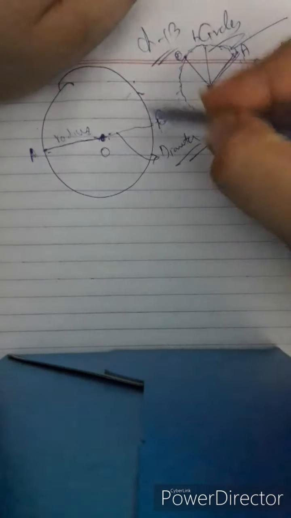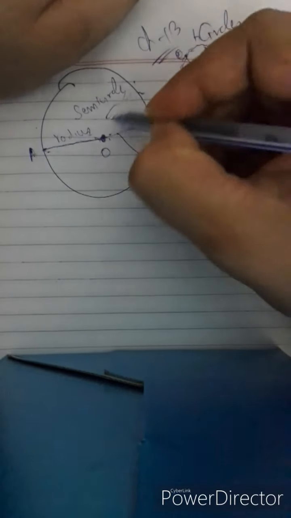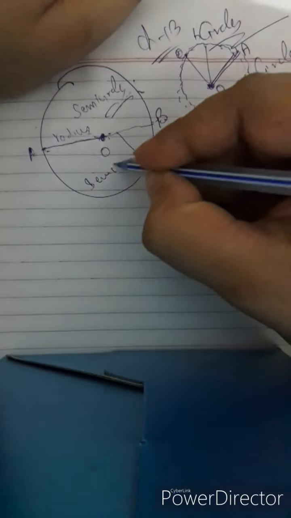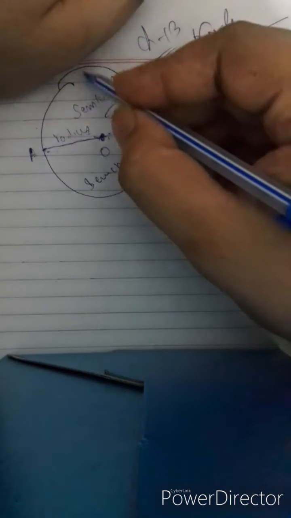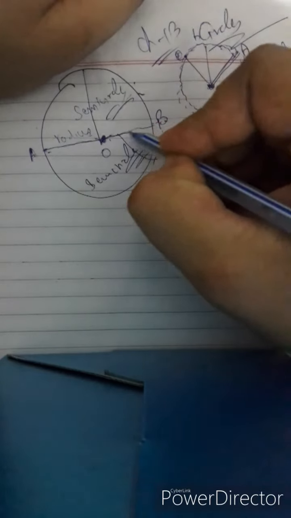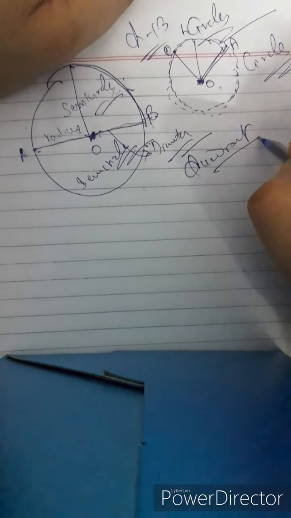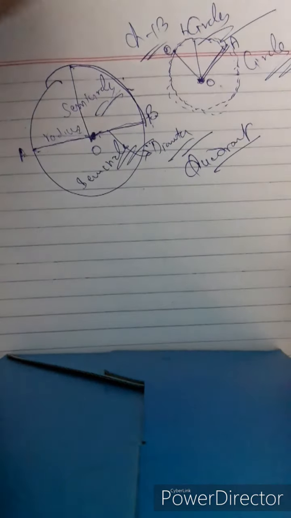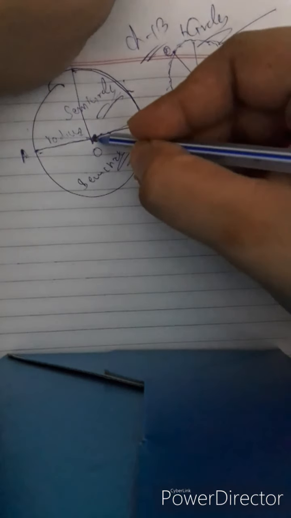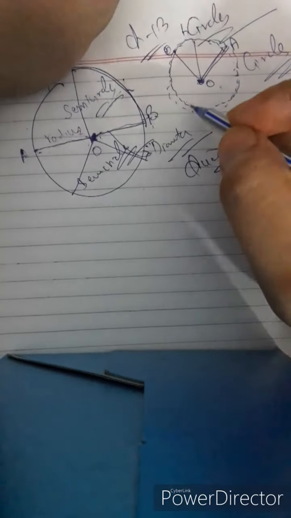The diameter of the circle divides the circle into two semicircles. This is one semicircle. This is another semicircle. A quadrant is that sector which is 1/4 of the circle. A quadrant is a sector which is 1/4 of a circle, and this is called the sector. Two radii,